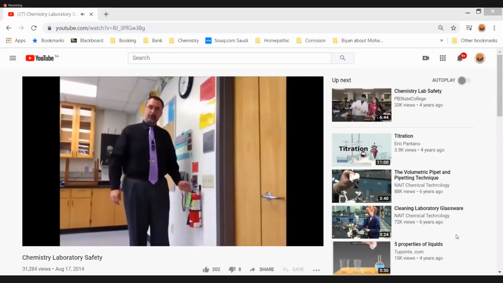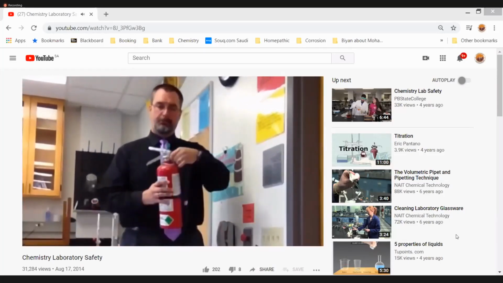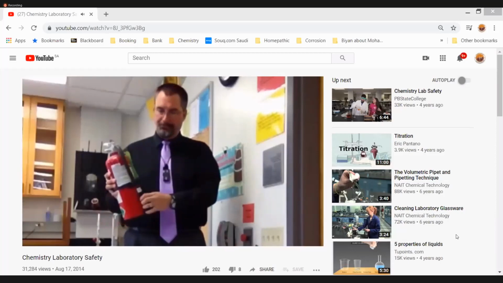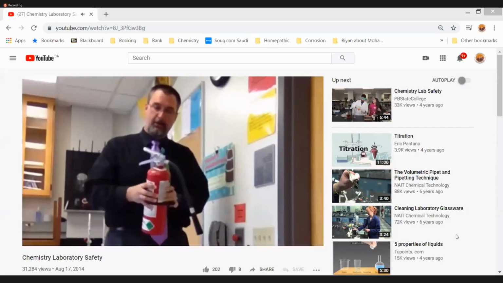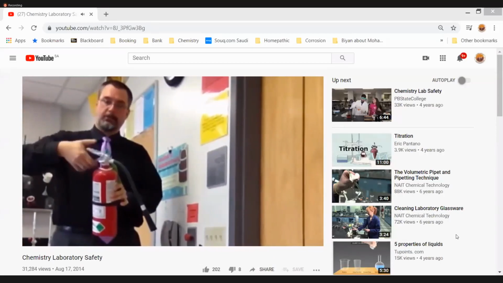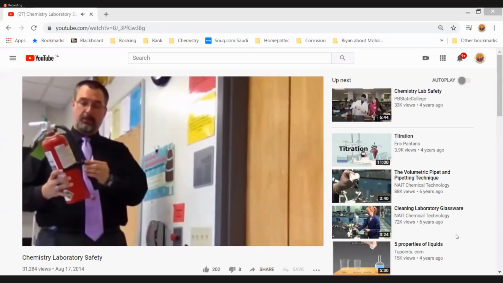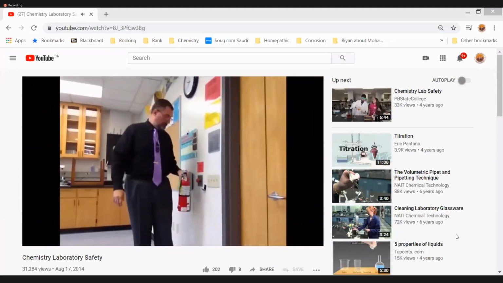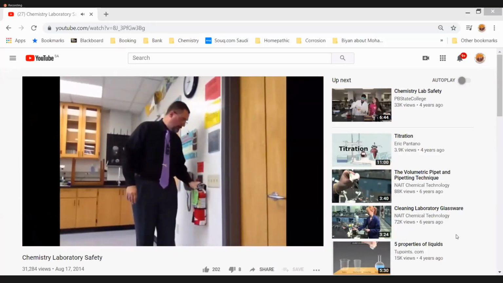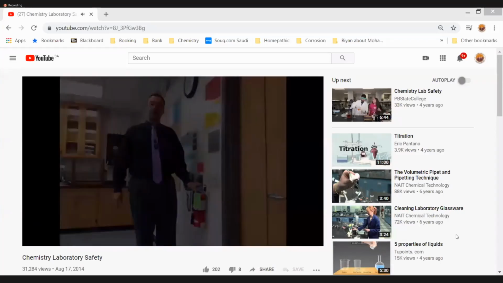So of course you all know what this is. This is our fire extinguisher. It's right by the door of the classroom. In general, you shouldn't have to use this, but if you do, it's pretty simple. You take it off the wall, you pull the pin, you point the hose at the base of the fire, and you squeeze the handle. It'll discharge pretty quickly. So do make sure that you're pointing at the base of the fire, otherwise things get a little bit not so safe.